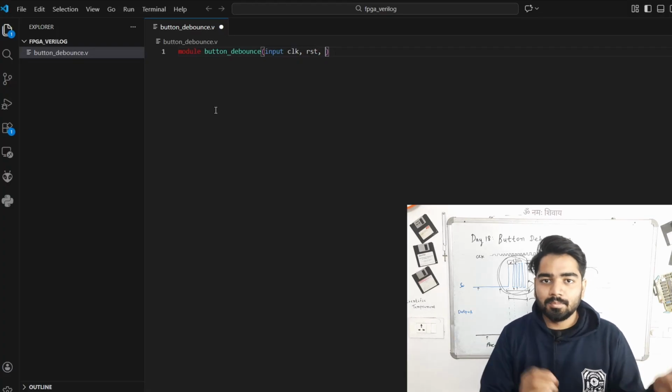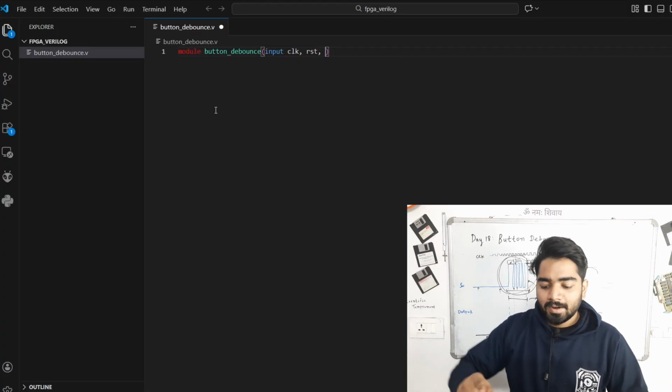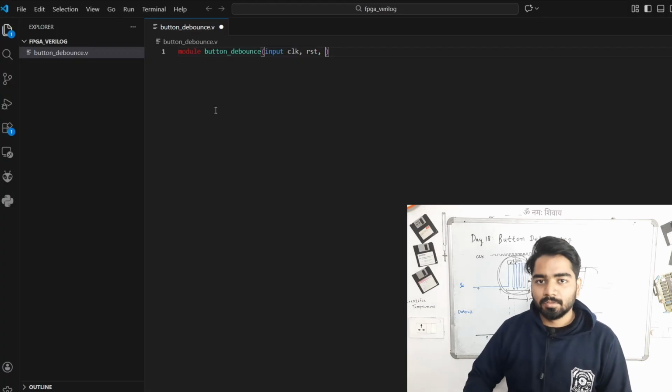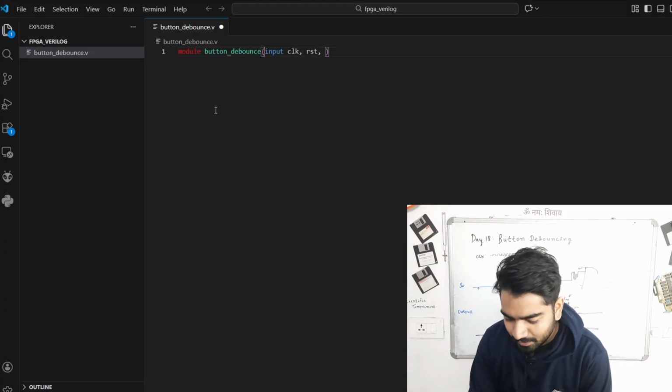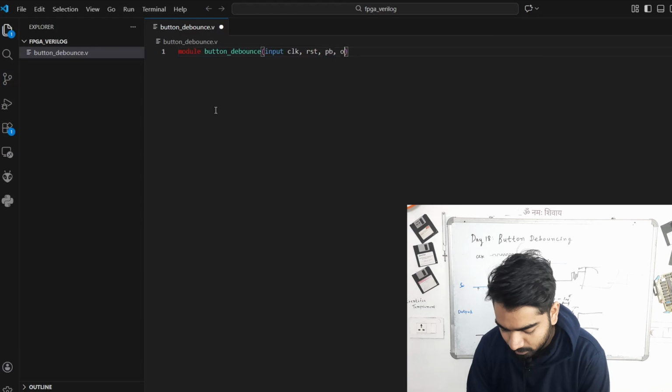Okay, I'll probe the push button and I'll probe the output, and I'll show you how the output looks. That is why I'm using an external push button. You can use internal push buttons as well. Here I'll name it PB, push button, and in the output